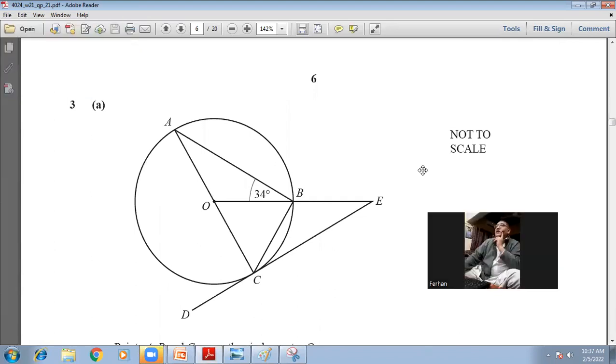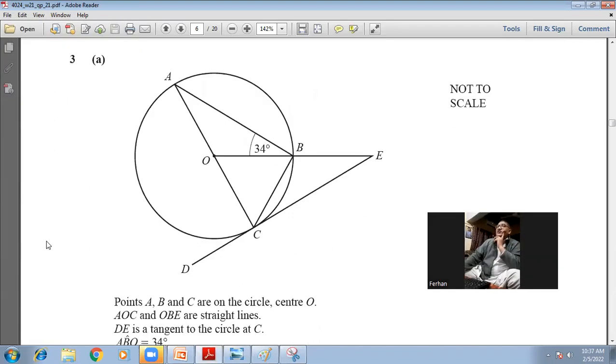Okay, so we are coming to the next question. This is question number 3. This is question number 3 and it's a part. This question is on the circle properties. He says, let me